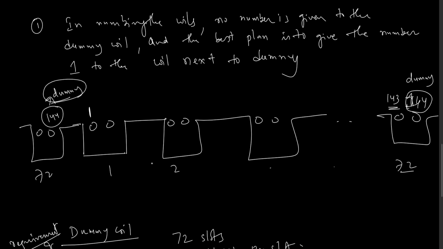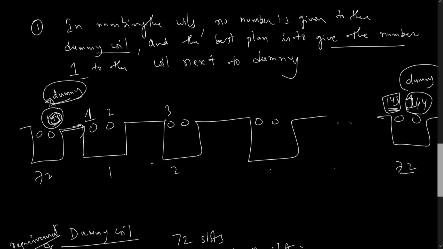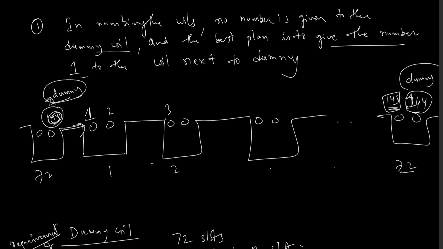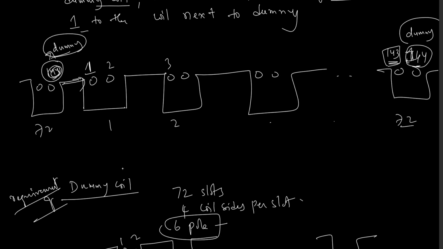So what I am saying is, in numbering the coils, no number is given to the dummy coil. We are not going to give any number to this dummy coil, and the best plan is to give the number 1 to the next coil like this. So 1 2 3 so on up to 143. The 144th coil is a dummy coil, and we are not going to give any number to that. That is what the statement is saying. So the criteria in wave winding is